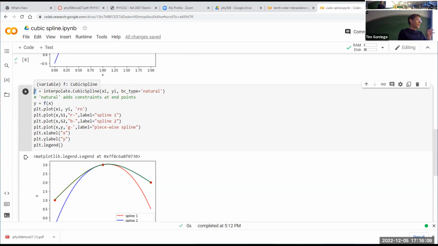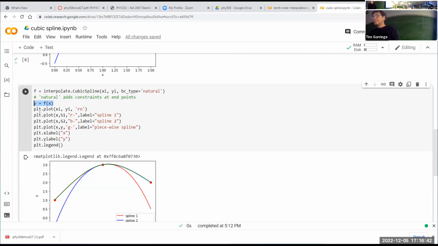If you call it with an array, it gives you back an array of values for the values of the cubic function at all the elements of the array that you passed as the argument. And so that's what I'm doing here. My interpolating function or spline, I called it f. I called it with the argument x, which was our proxy for a variable x, and it returns the function y,